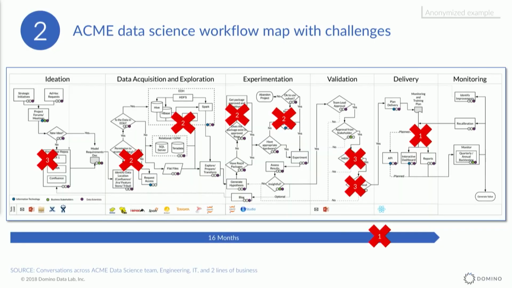So coming back to my other point about how we built this, step number 2 is what we did next: take those challenges and actually put them against the diagram that we customized. And we identified the particular points where bottlenecks were being caused, essentially causing that deployment from ideation to delivery to be 16 months. Now, when we first sat with Acme, Acme clearly said that one of the biggest problems they had is the fact that 16 months is not going to cut it if they want to deliver a number of projects that they have to deliver by the end of the year. They needed to have that be basically about half of that.